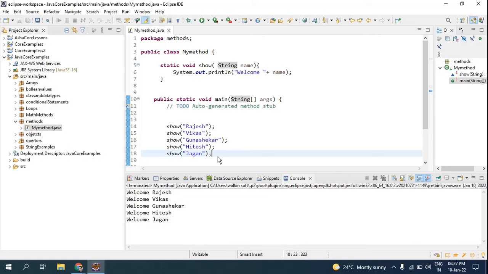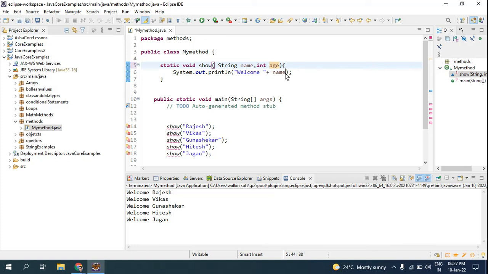Now, what if you have to pass 2 parameters? Look guys, here in this parenthesis you can pass n number of parameters. So all you have to do is that after giving one parameter, you will be using comma, and again this is how you pass the parameter. First the string name. For now I'll use the data type int. After the comma, I'll give it as int, and I'll write it as age. So here you can see you got the error because while writing the function you have passed 2 parameters, while invoking it you have given only one parameter, so it is showing error.